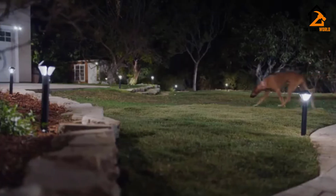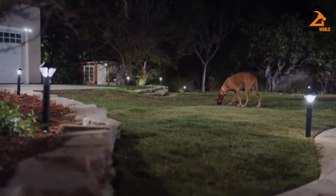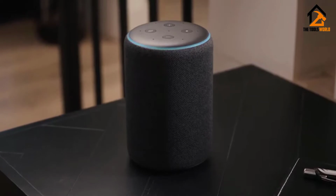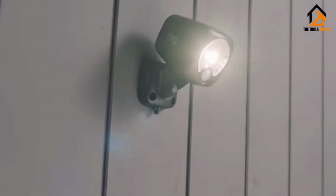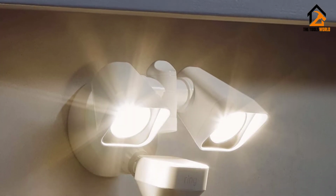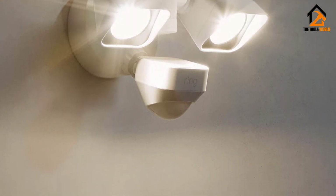This model requires hard wiring, so we installed it under a roof eave where we already had a wired exterior light. The light came with all the tools, screws, and wire nuts needed for connecting it, as well as excellent step-by-step instructions. If new wiring needs to be run, however, it's probably a job for an electrician. We downloaded the Ring app on our smartphone and followed the steps to connect the Ring light to our Wi-Fi